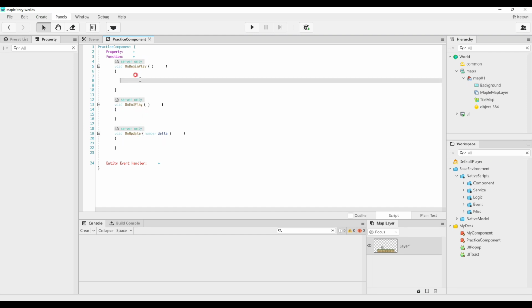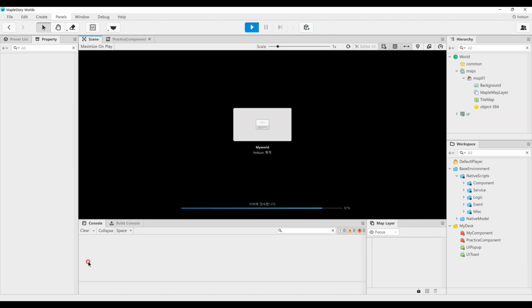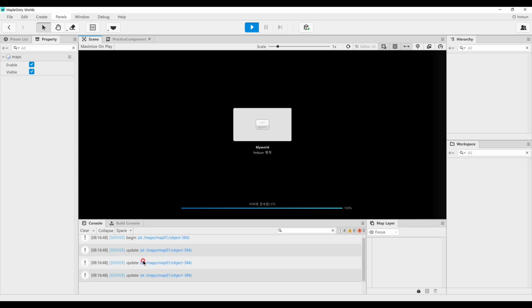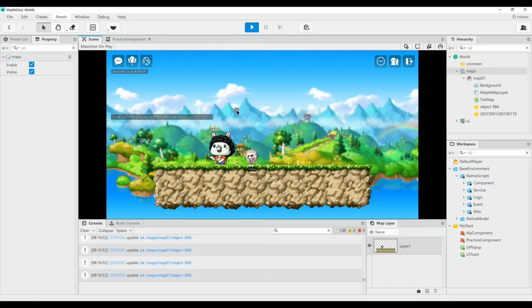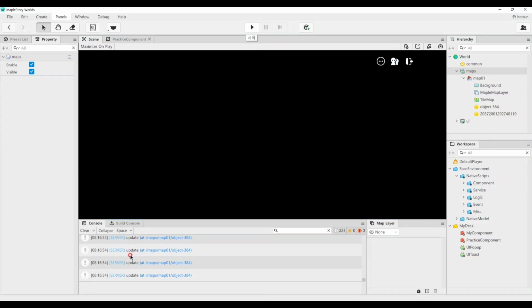So I'll write begin here and print out log end right here, log update right here, and see the outputs. So like this, you're gonna see lots of update outputs. And when you stop this,